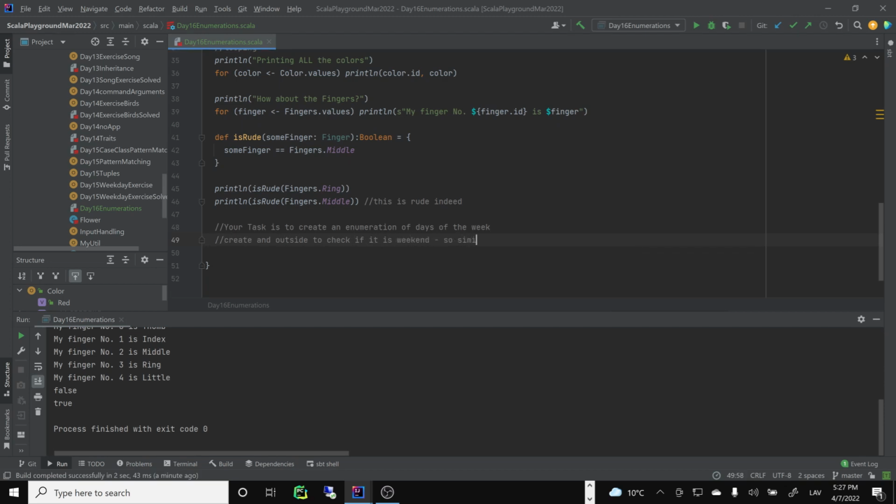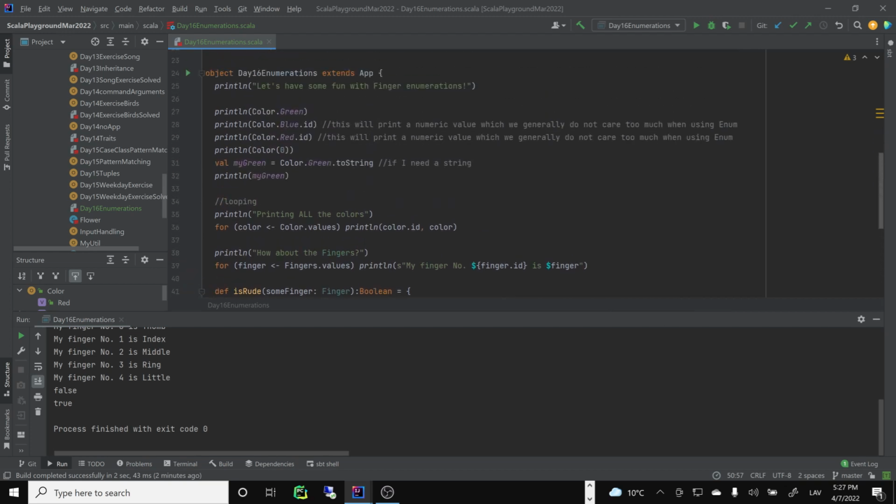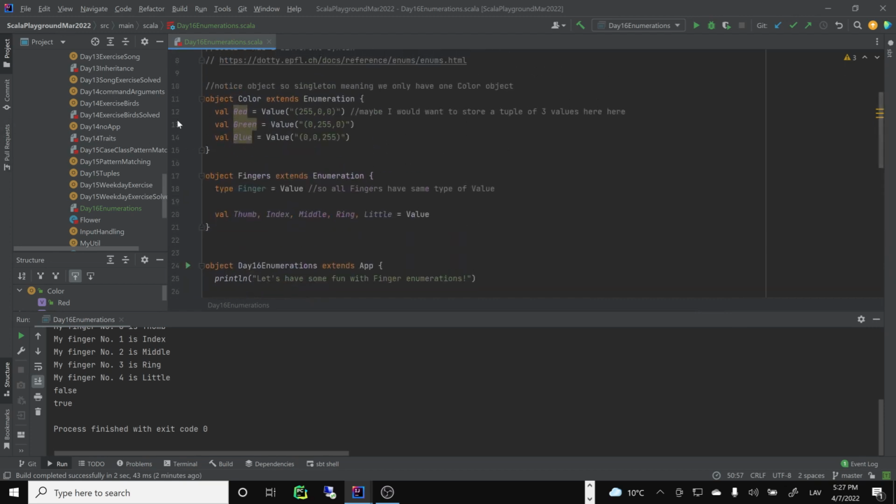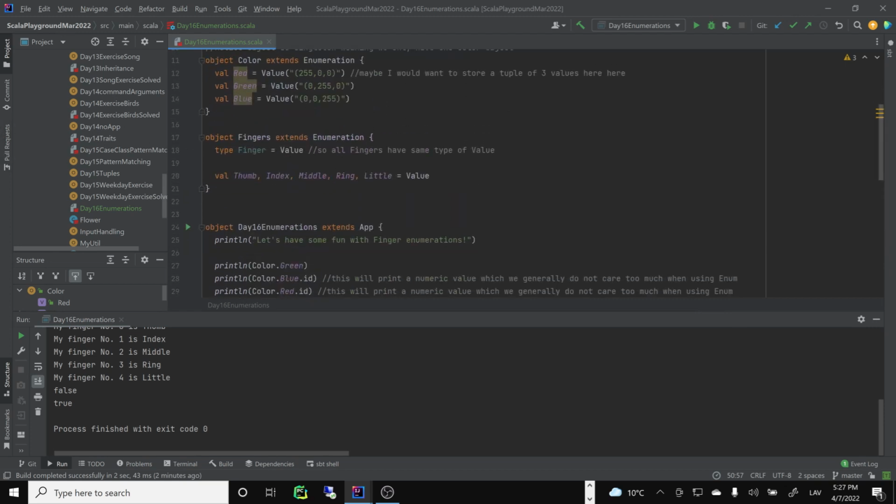So similar logic to what we did in the last lecture with pattern matching. Here the difference is that we are using very specific enums, to limit our choices, basically. So I hope you got the idea behind these enums, enumeration. Again, this is common in many languages. And Scala actually